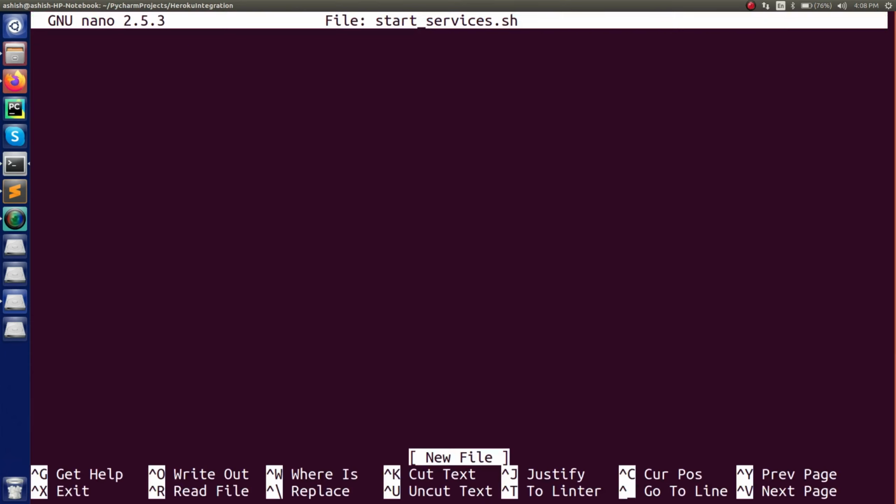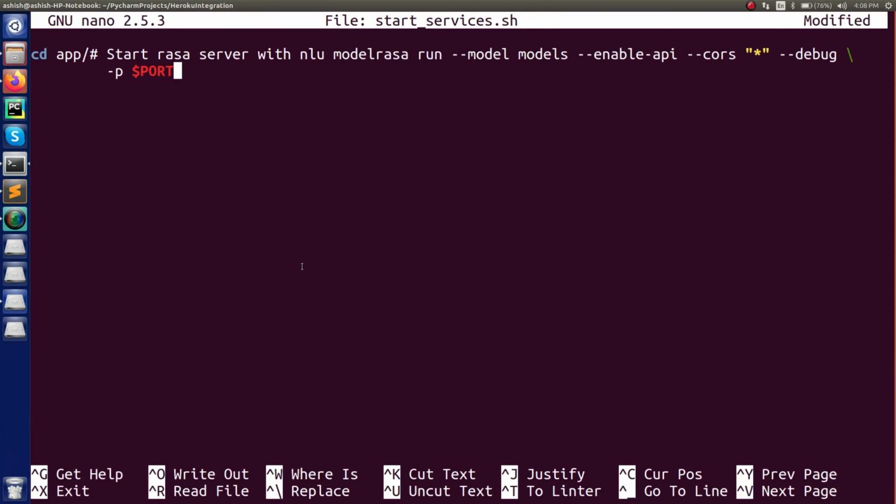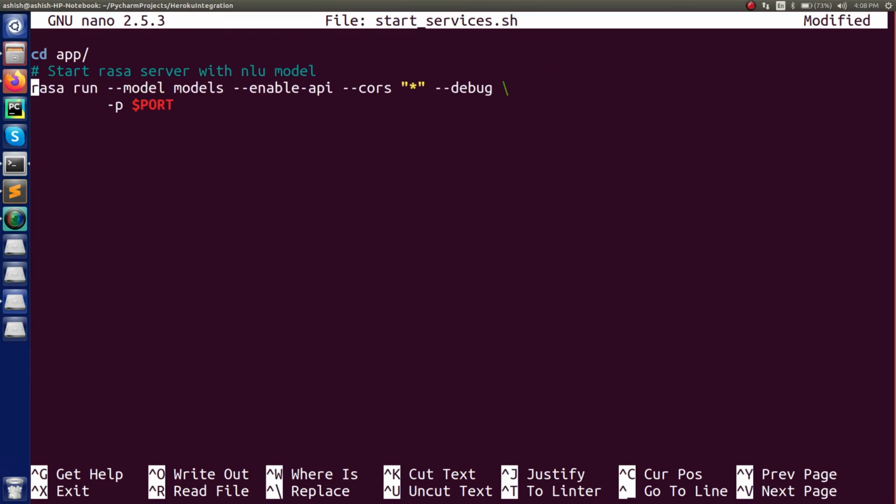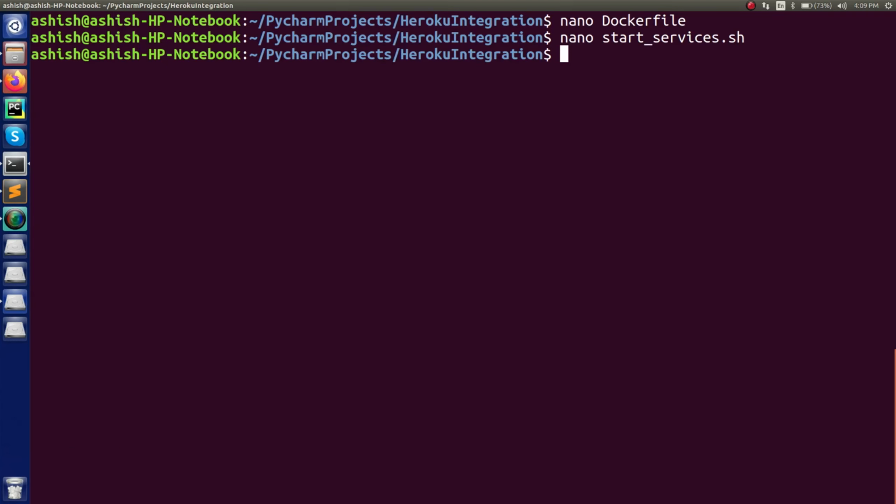.sh, press enter, and in here you have to copy the code. So this is the code which I have to copy over here, right? So I have added this. What it will do is run your start services.sh, and based on that it will set up a complete environment for you inside a Docker container. So this is all that we are going to do. Now just save this also.